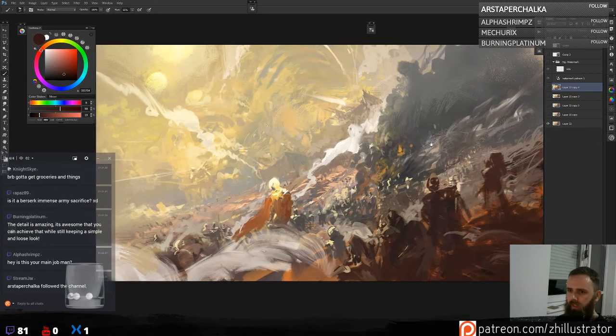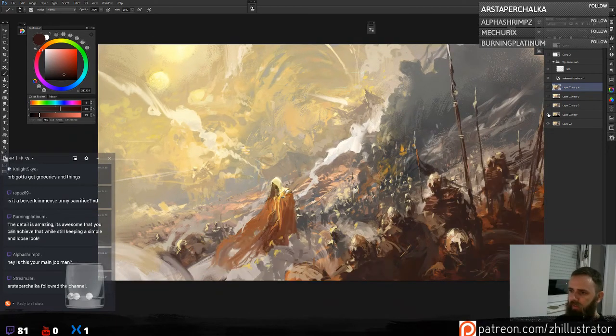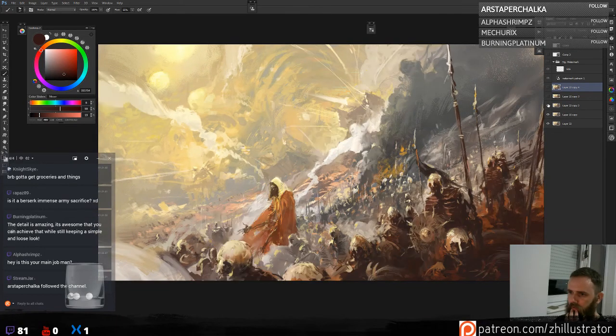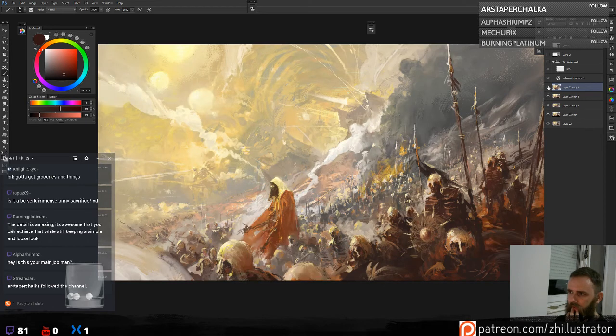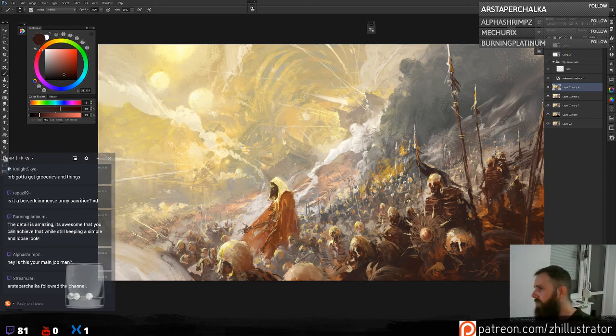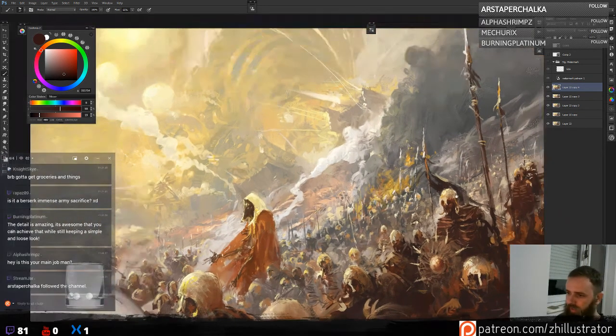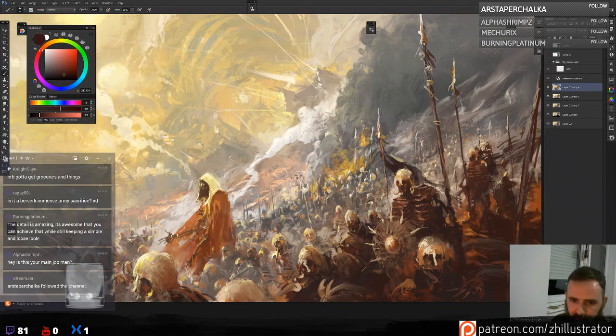I started with this, and then today I was adding a lot of things. So I'm currently refining this illustration and making it a bigger print, trying to figure out the thing that Burning Platinum said, how to make something look detailed without too much detail.